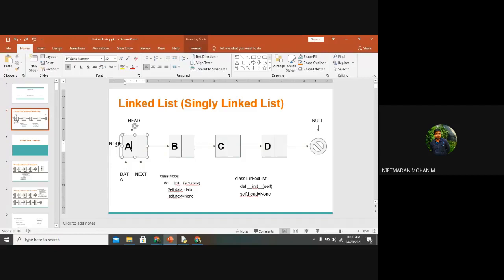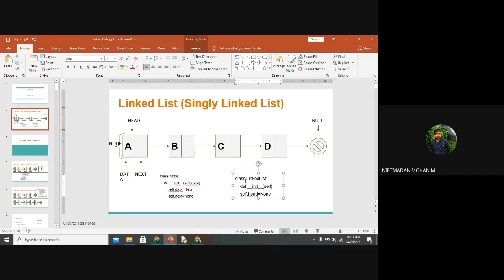Now I am representing that self.data is equal to data. Whatever data you are getting will be represented as your self.data. It means this data can be used in any other classes also. Here I am representing self.next is equal to none. It means a node has been inserted. When the first element has been inserted, no next element has been inserted, so I am inserting the first next element as none. So this is the declaration of the node from your programming point of view.